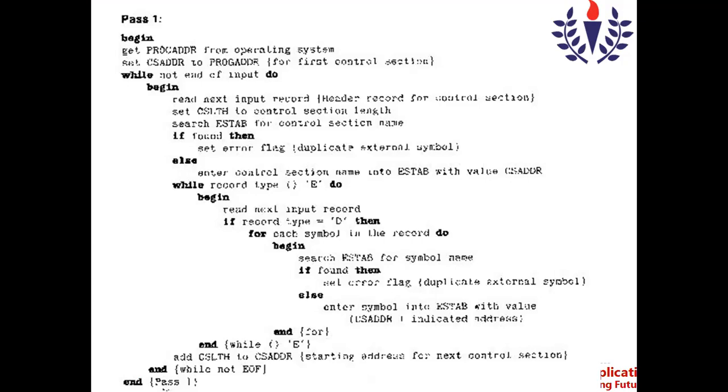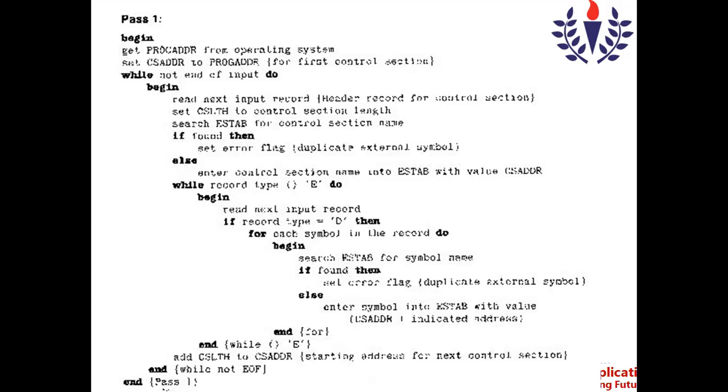If the entry is not already there, then it will enter the name of the control section with the value. The value means the value CSADDR. As I already told you, program A will be assigned 4000. In the beginning, the value 4000 is fetched from the operating system. The operating system provides the value 4000, which is stored in the program address, and from the program address, the value is assigned to CSADDR.